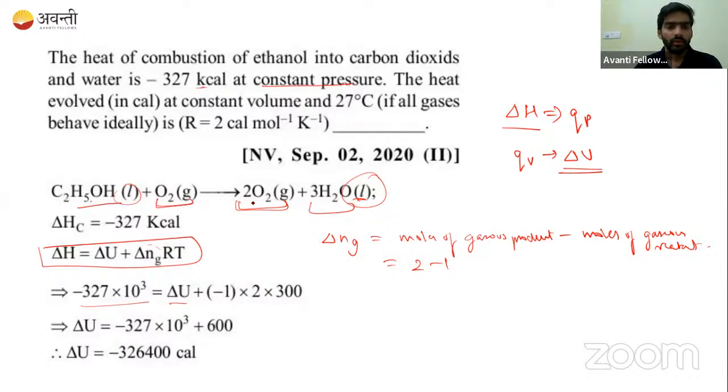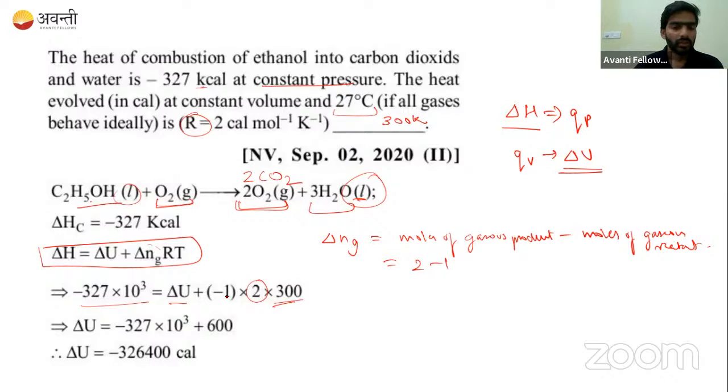Minus 1. Why is it minus 1? It will be 2 CO2. Okay, this is going to be the 2 CO2, and then plus 2 multiplied by 300. 300 is nothing but the 27 degrees Celsius that is mentioned, which is 300 Kelvin. From where does 2 come? 2 is nothing but the gas constant, and then this will become